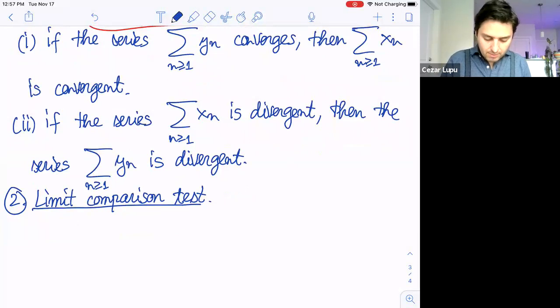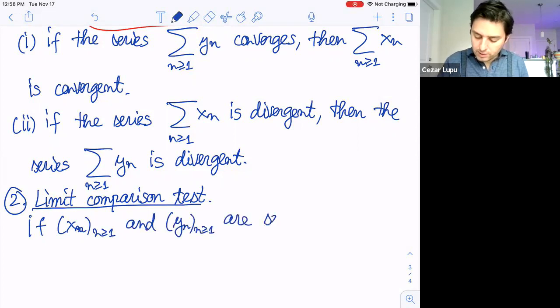This time, if the sequence of Xn is positive, and in fact, let me write it in this way. If Xn and Yn